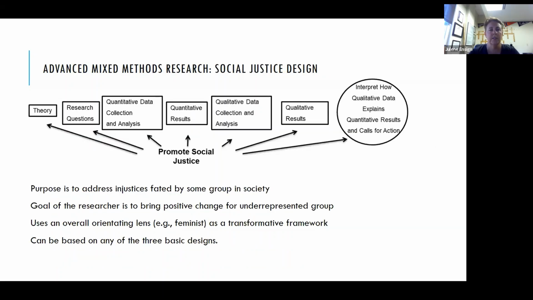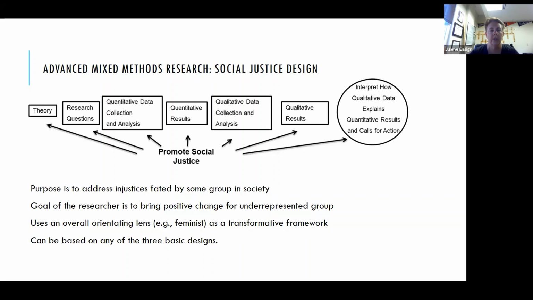There's a social justice design where we have a theory, then we create some research questions. Then we're going to go back and collect some quantitative data. We're going to analyze that. We're going to present those quantitative results. And then we're going to collect some qualitative data. We'll look at the qualitative results, and then we're going to interpret how that qualitative data explains the quantitative results